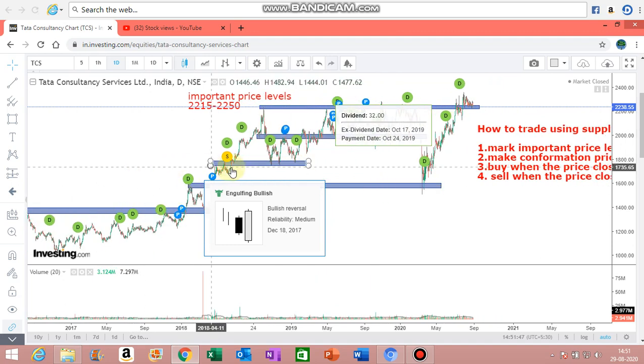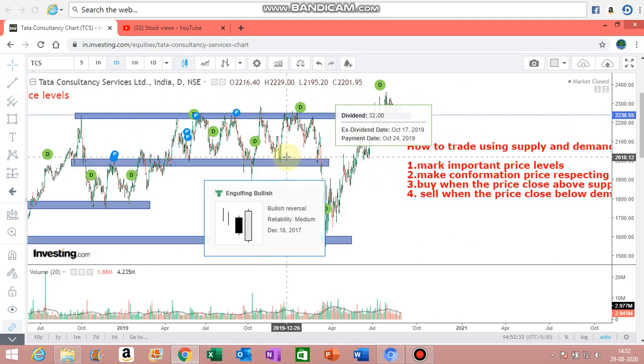So price again retested the demand zone and started moving up. Similarly, this was a supply zone. The price went up, and sellers came and sold the stock. Once it has broken those supply zone, it went up. Again, it retested this supply zone, which acted as a demand zone, and when the price is at demand zone, buyers will give more pressure, and buy the stock. So this is the way that supply and demand zone act. Whenever the price is reaching the supply zone, the seller will give pressure. Whenever the price is reaching the demand zone, the buyer will give pressure.